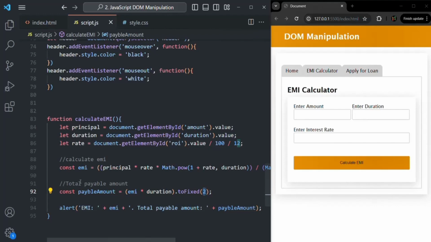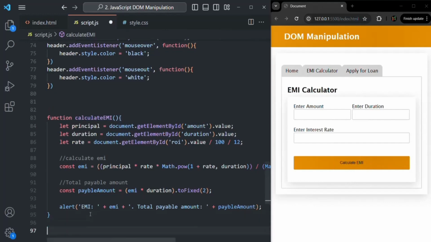And finally, after calculating the EMI and payable amount, we are displaying it in the alert window. So we are displaying the monthly EMI and the total payable amount. So this calculateEMI function is the one which we want to call whenever this Calculate EMI button is clicked. For that, first we need to access this Calculate EMI button from JavaScript code. For that, I'm going to use